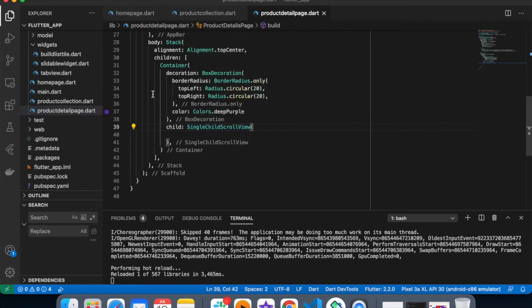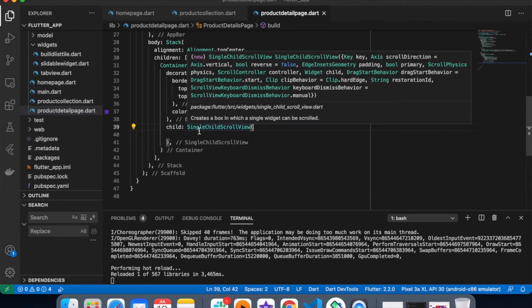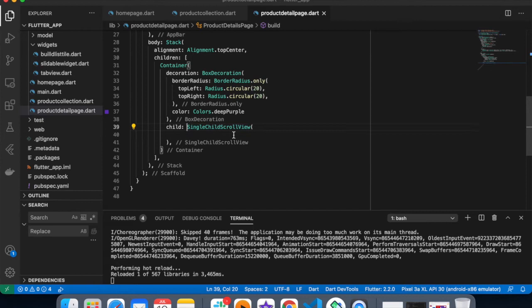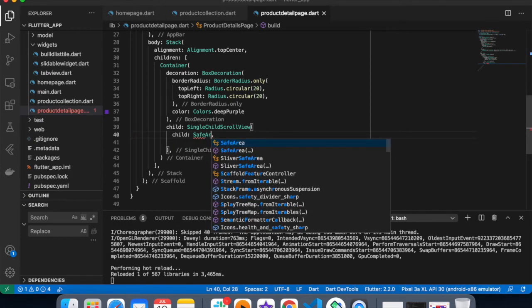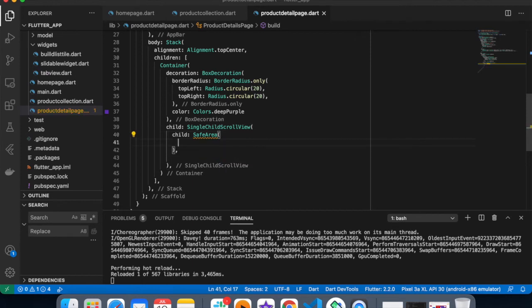But if I haven't given any height and width, then the size of the container will be aligned with the child. So let's write some product design inside this child scroll view. Inside the child scroll view, I'm using safe area. Why safe area? To keep everything inside my screen.